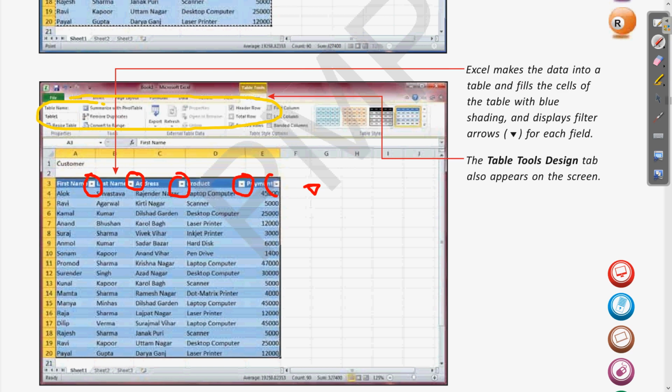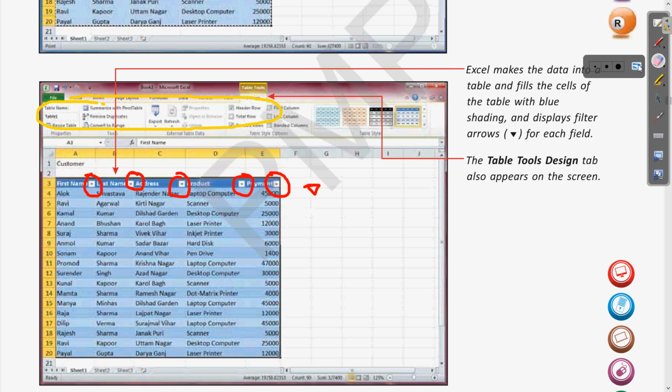By using these filter arrow buttons, we can organize, arrange, and filter the data. In the coming steps we will see how to use them. So this was the step for enabling the filter arrows in our table.